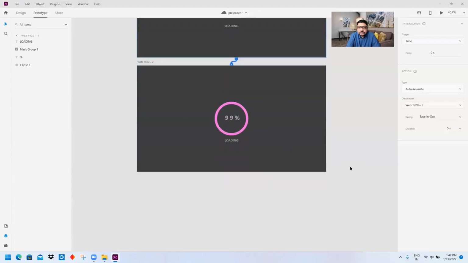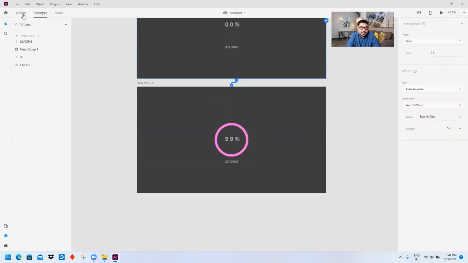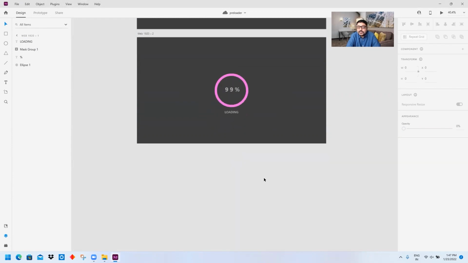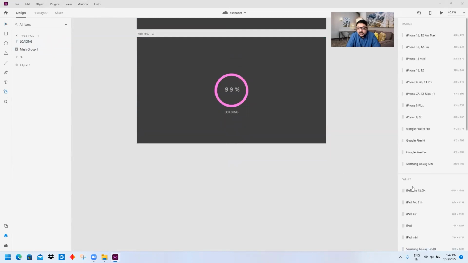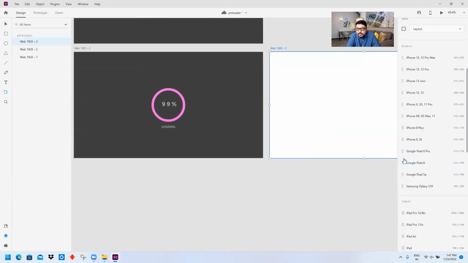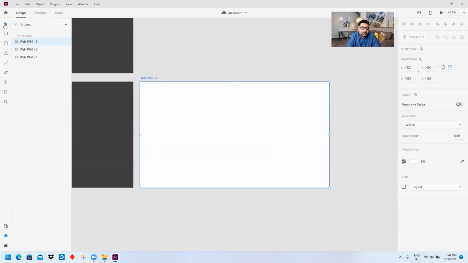So now the third part of the thing that we'll do: when it reaches 100%, or actually we'll mimic that, it changes to an image, or a particular image loads. We will mimic that also. So for that, I will again pick up my Web 1920 artboard.